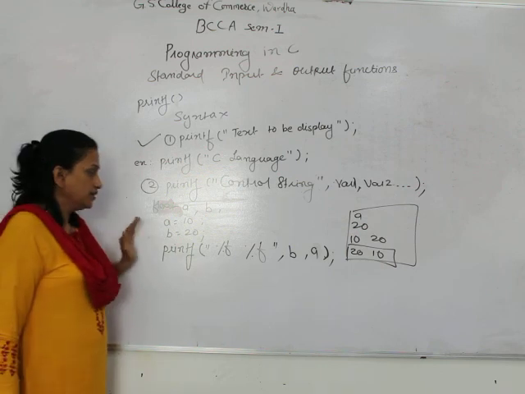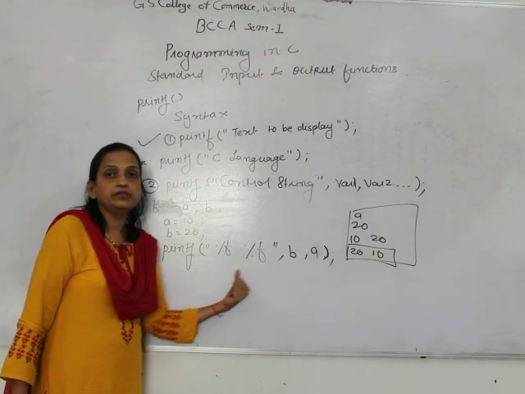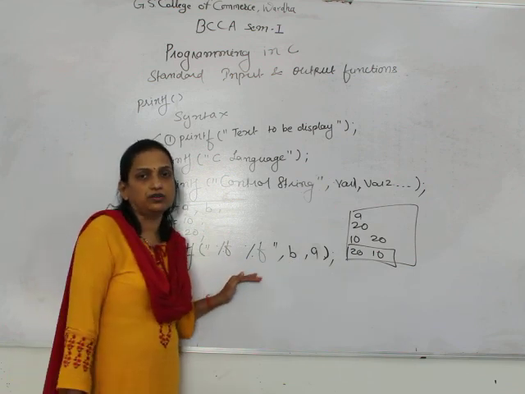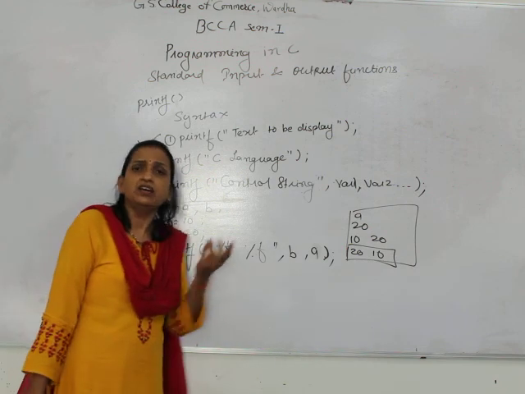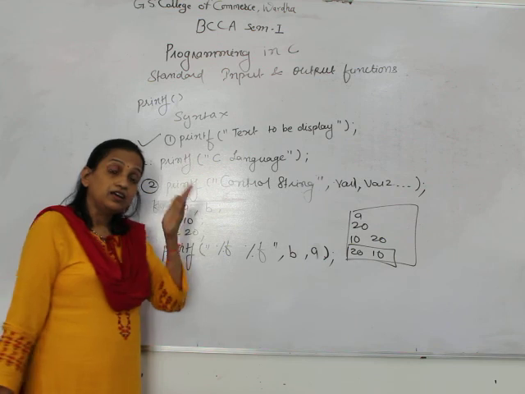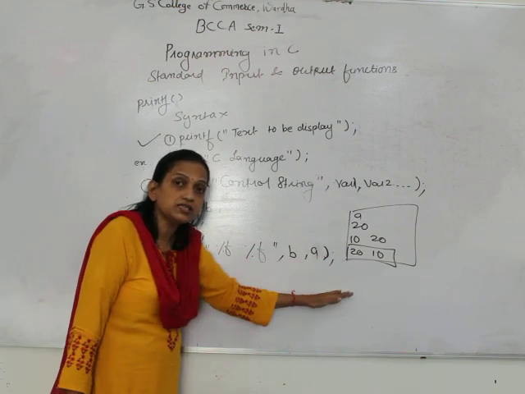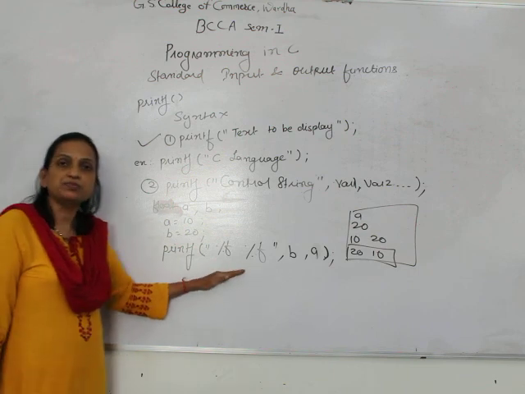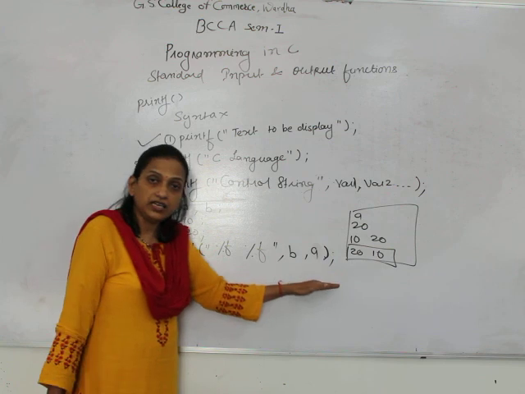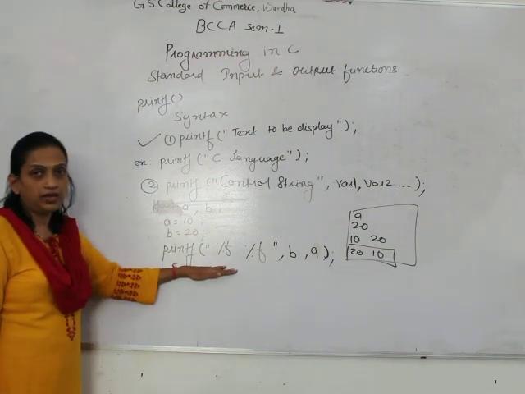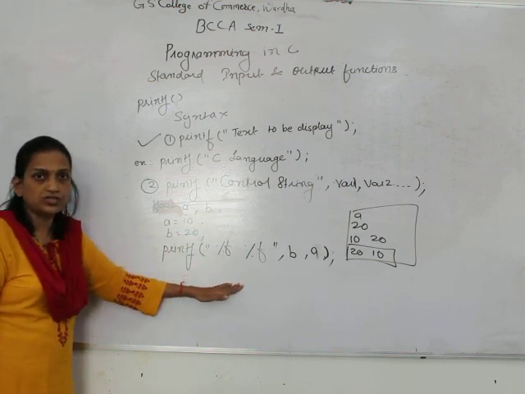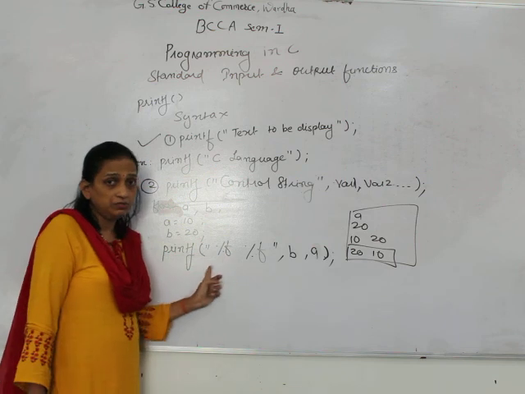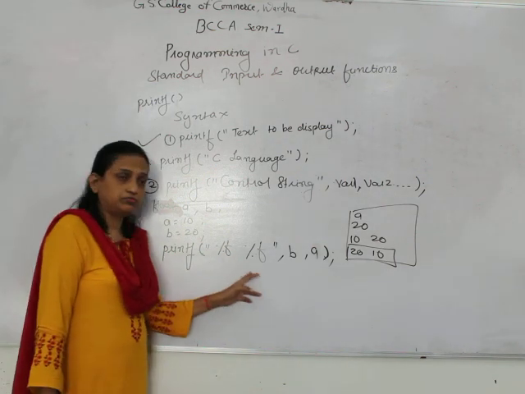The second rule is that you cannot put a comma in between the control strings. Whatever values you want to print, it might be 3 values, 4 or 5, the number of variables you give here, that many control strings, which we call format specifications, you have to specify here. If you want to print the values of 3 variables, you have to use 3 format control strings. So the rule for the control strings is that you cannot put a comma between the 2 or 3 control strings that you are going to use.